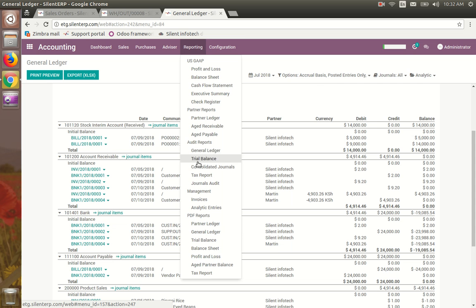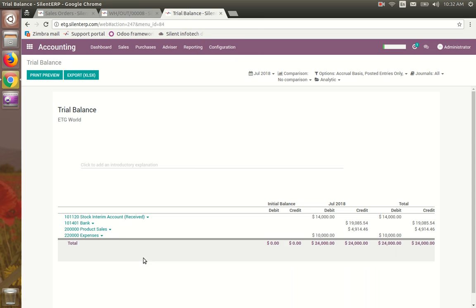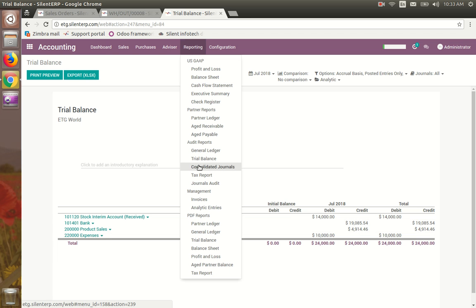Another report is the trial balance. This is the trial balance. Over here you can see the journal ledger, journal items and annotate. This is the bank detail and all details are here. Debited and credited details are here. Another is